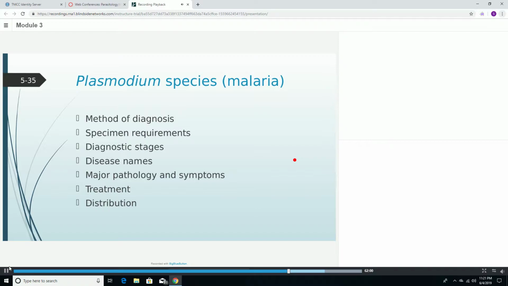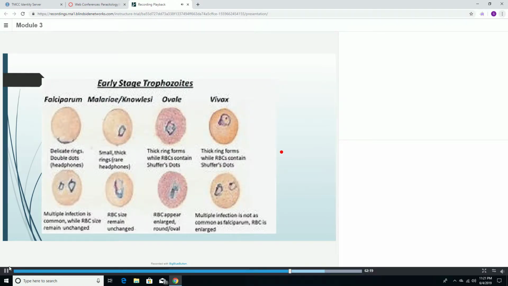We could also do fluorescent DNA and RNA stain films. We could do a PCR detection. But for us as laboratorians, especially in North Dakota, one of our first exposures to possibly somebody with malaria is going to be looking at the blood. So whenever we look at the blood, we're going to want to look at these different